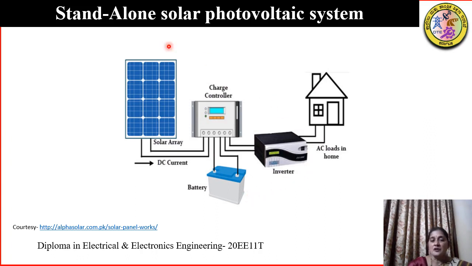So in this figure, between the source and the load, we can see three components. One is the inverter, which converts DC to AC, battery, which charges in the day and discharges in the night and stores charges. A third one is a charge controller. What is the purpose of this charge controller? The charge controller is a protective device for the battery. So it ensures that the batteries are not overcharged when there is excess production, and in case the production goes down, it ensures that the battery does not discharge to the PV arrays.